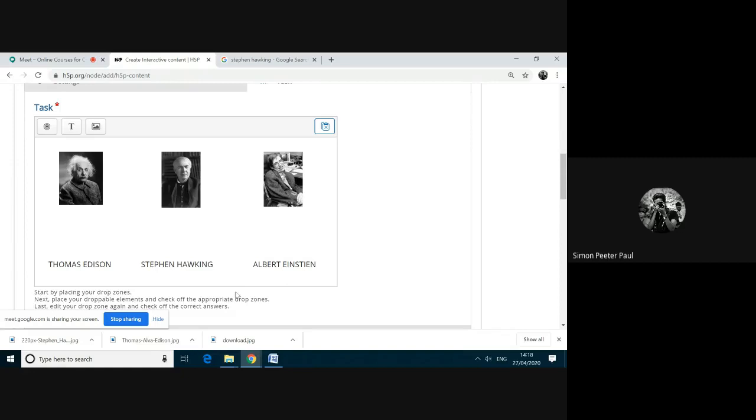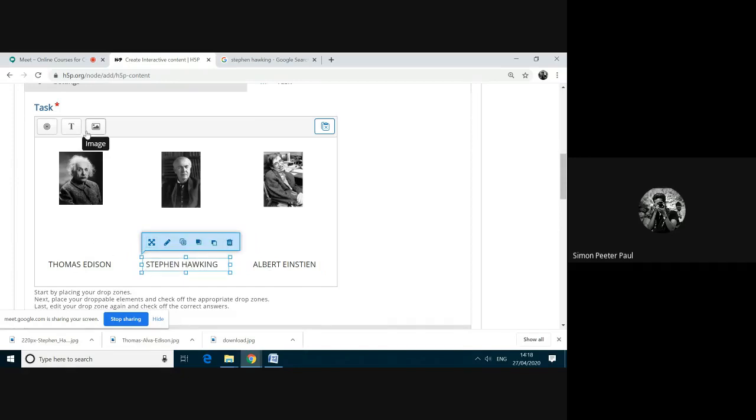Now I have added 3 buttons. Okay, already I have typed names for my reference for the images. Now I am adding the text.